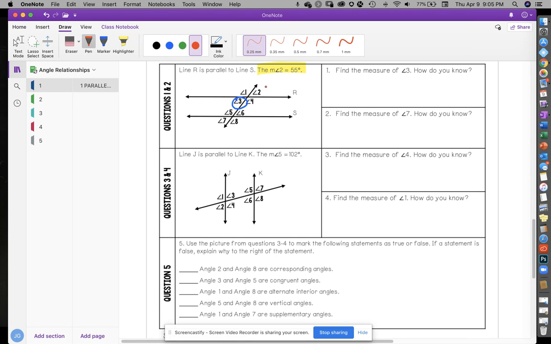So angle 2 is 55 degrees. Well, if angle 2 is 55, then I know angle 3 has to be 55 because they are vertical. They share a vertex. So I'm going to say that angle 3 equals 55 degrees